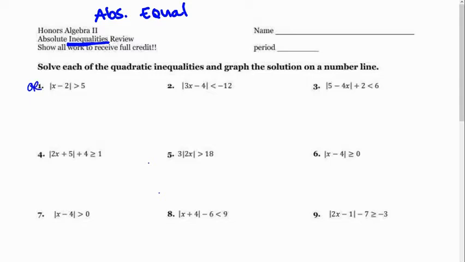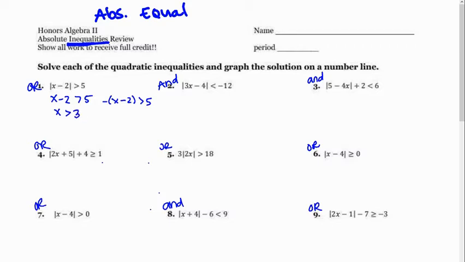So it's probably a good idea for you to go ahead and label all of your equations before we start. And once you have that done, this should be a little bit easier. Just remember there were two, you start doing two things. So I have x minus 2 greater than 5, and x minus 2, the negative side, greater than 5. I get x greater than 3, and when I divide by negative 2,